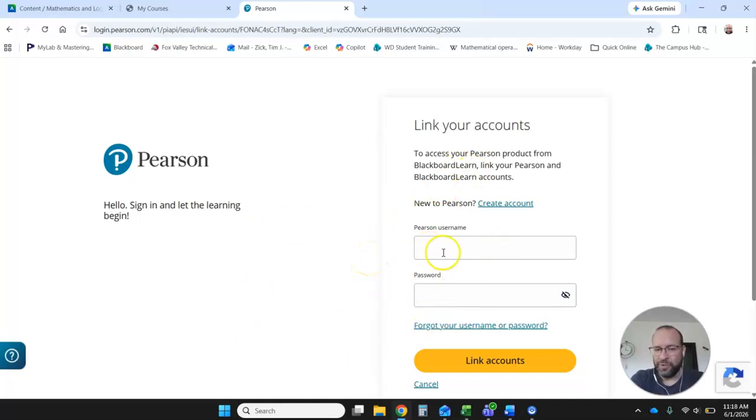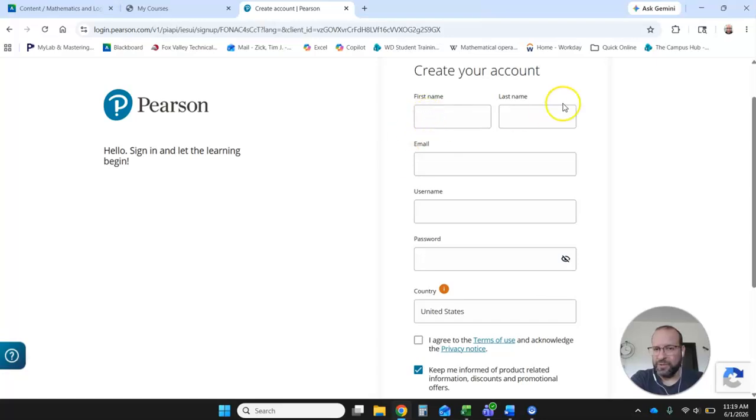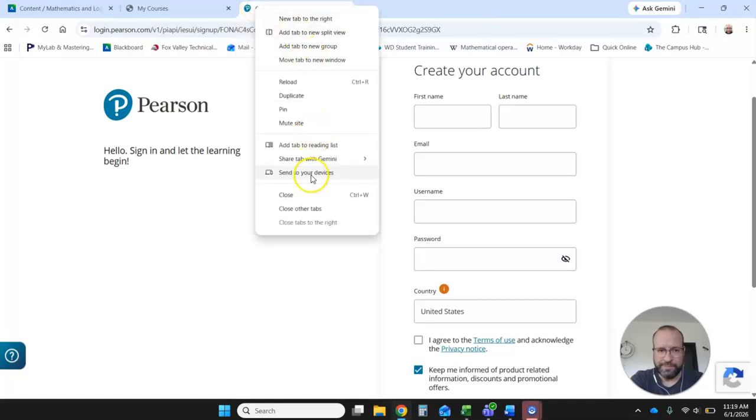If that doesn't work, or you try to log in here and it doesn't work, go ahead and click on Create an Account. All I ask for this is that you use a first name and last name that I can recognize and link to you, and then an email that you check, just because if you ask me a question from a homework assignment, this is the email it will reply to automatically. Okay, once you have that set up, we can come back